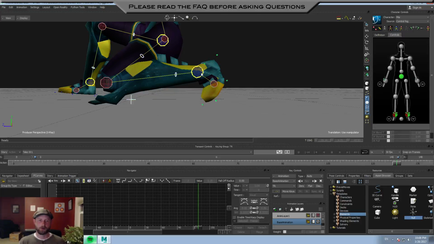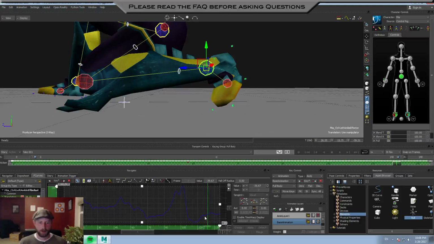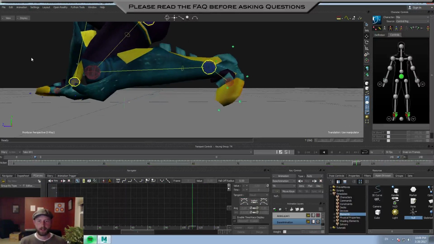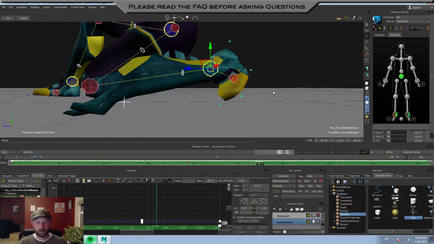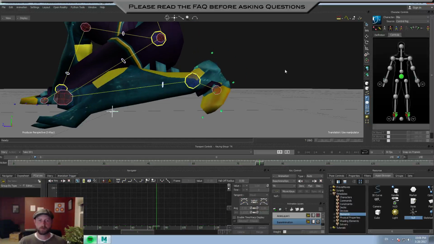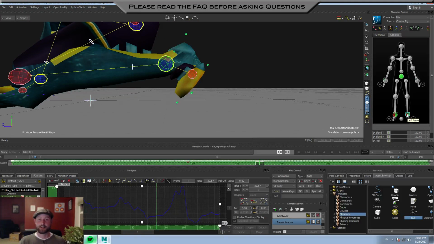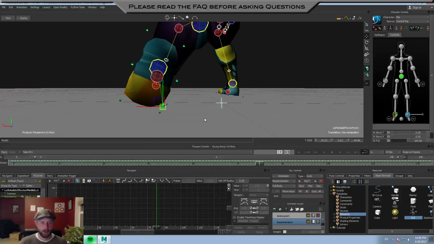Most people that I've talked to say they do things like they try to flatten out the data of the foot to prevent it from going anywhere. Problem is, if we do that and we play it through, it kind of looks unnatural. And other people will try to use auxiliary pivots, which is a fantastic idea. I absolutely love auxiliary pivots. But the problem is, if we set our auxiliary pivot to the tip of the foot,